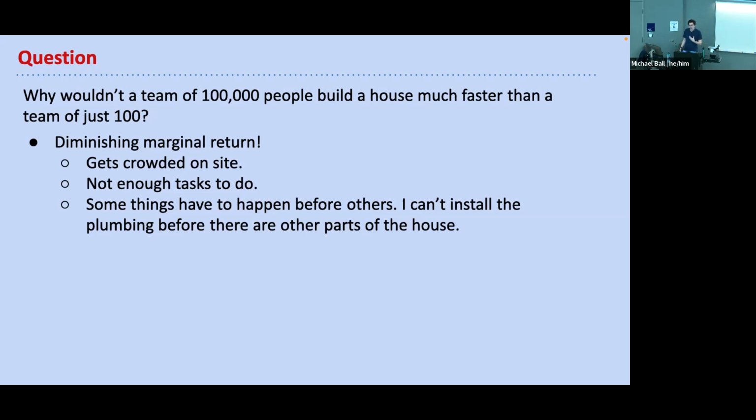And every person that you add adds overhead of coordination and communication. And some tasks, right, you just have to wait for something to be done. You can't plumb a house before you have walls. You can't put up walls before you have architecture diagrams and engineering reviews and so on. So just adding more people doesn't necessarily speed up every part of the process. And it turns out